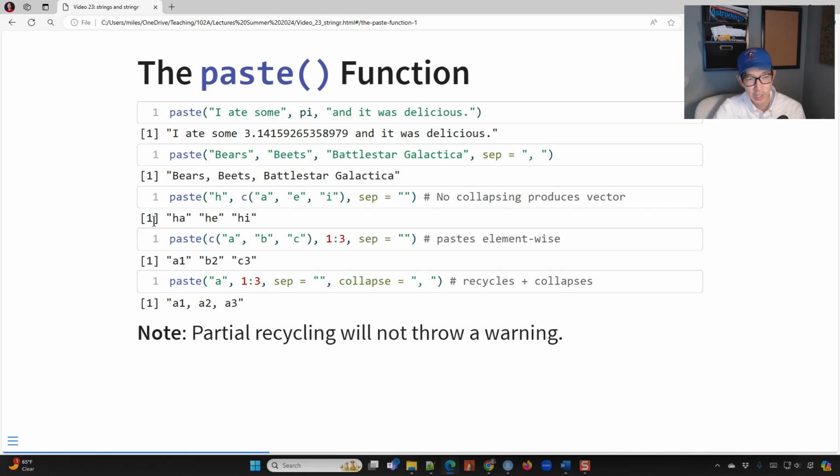And this is a vector of length 3, okay? Here I'm going to provide 2 vectors. This is a vector of length 3, A, B, C. I have another vector of length 3, 1, 2, 3, and then we're going to say paste. And here the separator is the empty character. Nothing is going to get pasted. So it's going to paste them element-wise. We get A1, B gets matched with 2, and C gets matched with 3, and this is a vector of